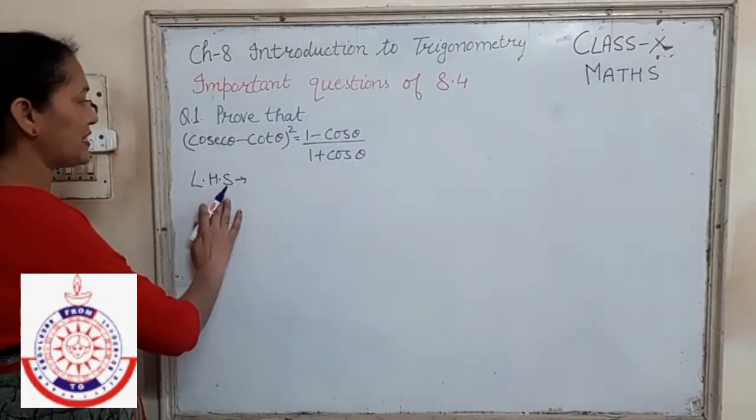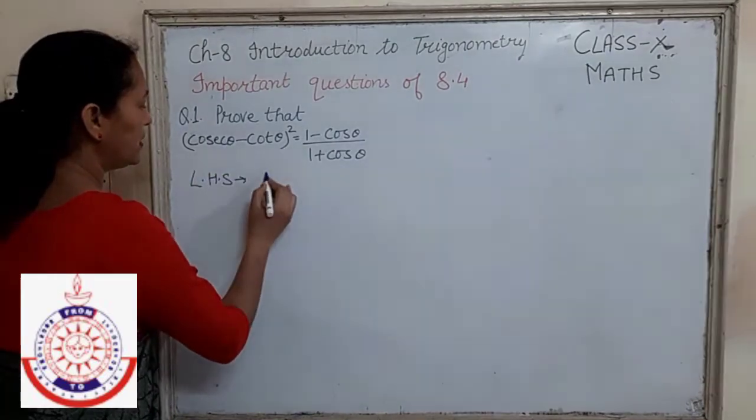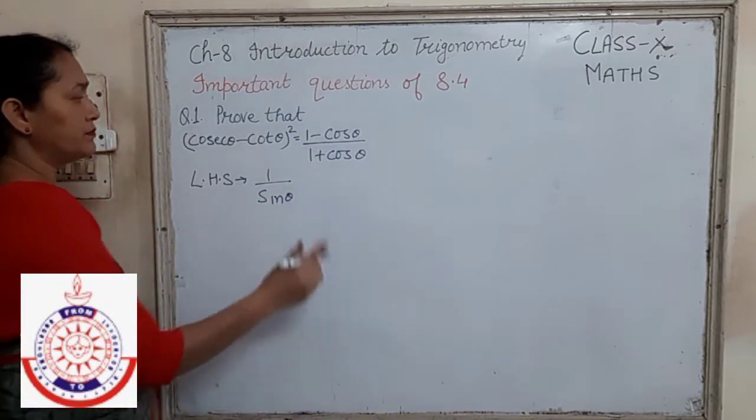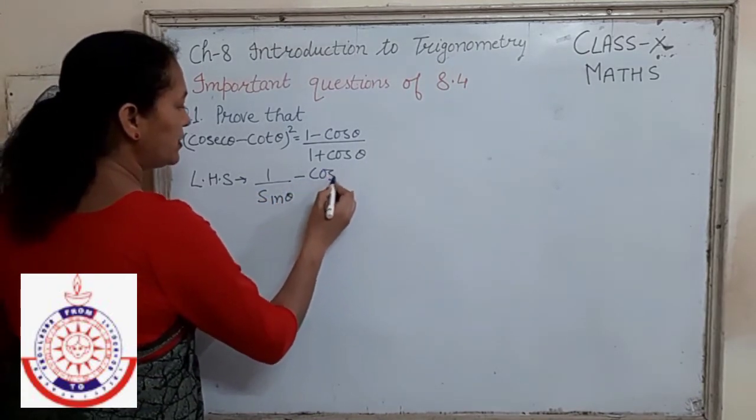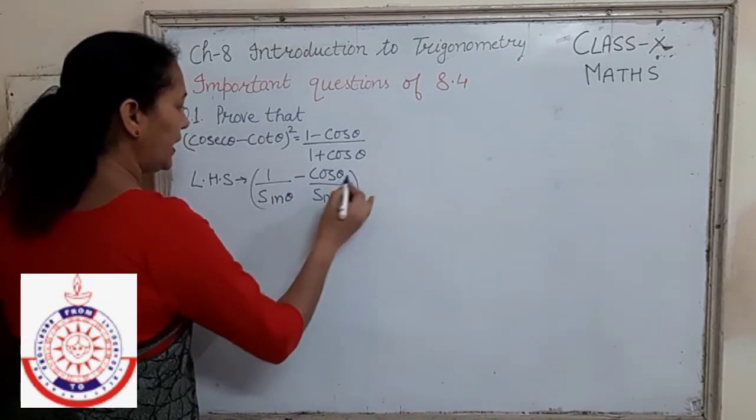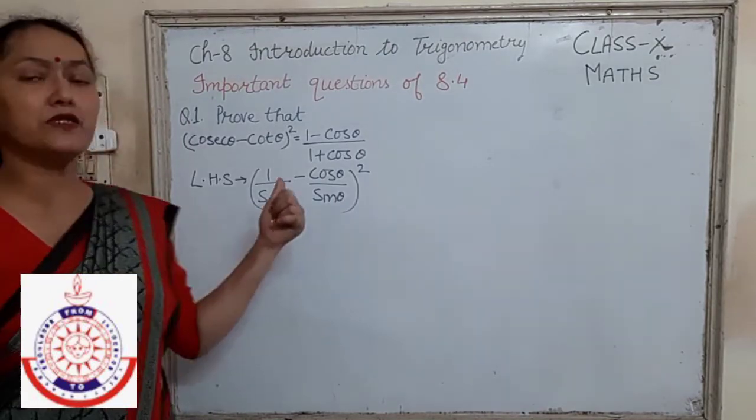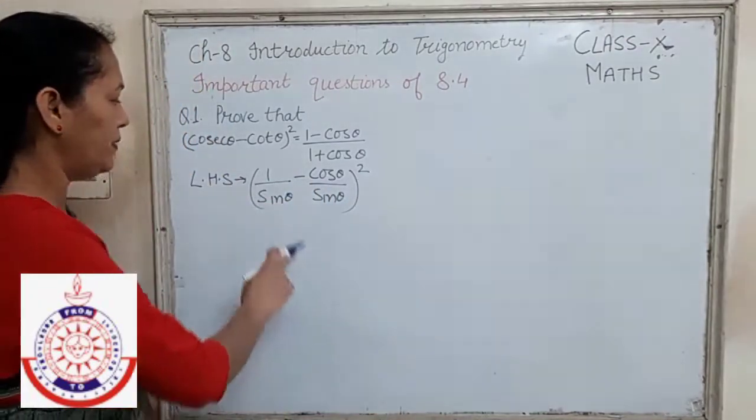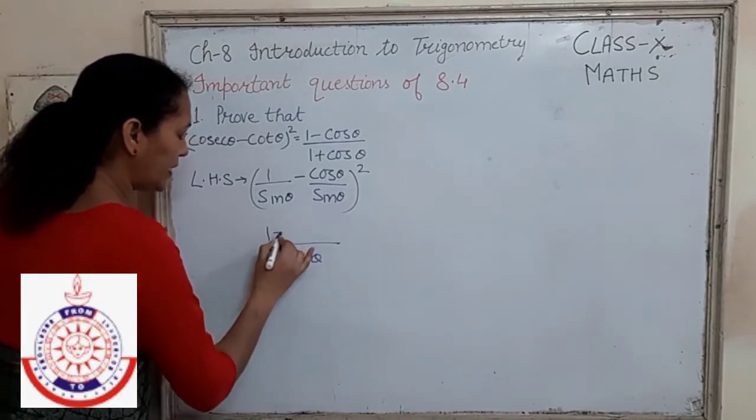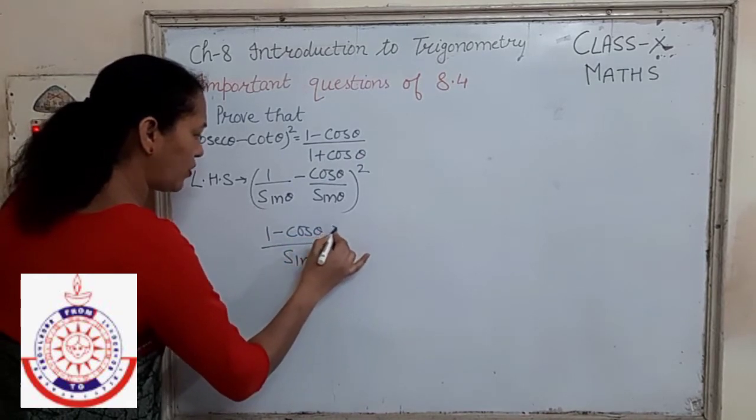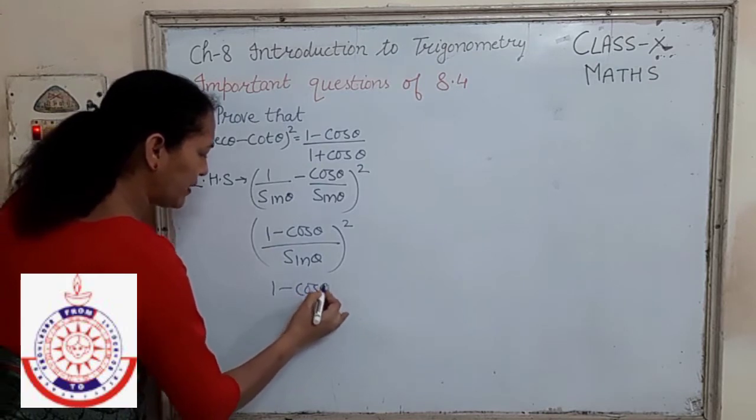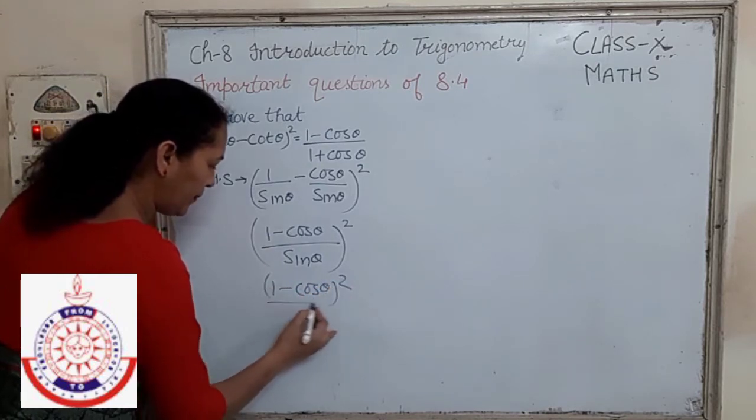If we start solving the left hand side, cosecant theta means 1 upon sin theta, minus cot theta. Cot theta means cos upon sin. And we have whole square. Before I open the square, I will be taking LCM. Both the terms are having sin theta, and in the numerator we will be having 1 minus cos theta. We are having square also. So, if we open the square, we will be having 1 minus cos theta whole square upon